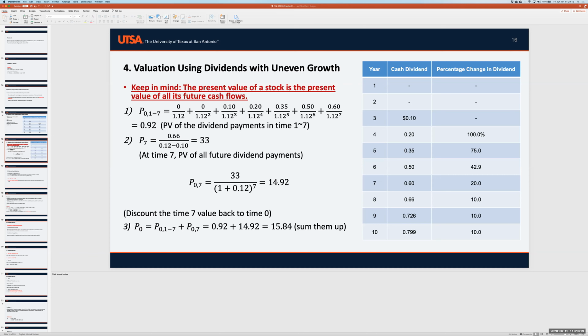This is 1 plus cost of equity to the power of 1, which is 1.12, plus the dividend payment at time 2 over 1 plus cost of equity to the power of 2, because this is time 2, and then time 3, time 4, time 5, time 6, and time 7. So you find the price of stock, 0.92,